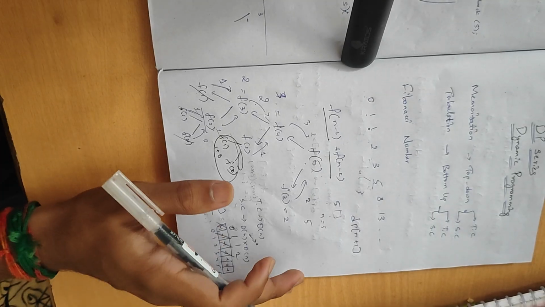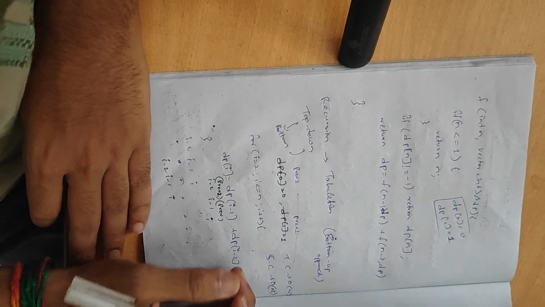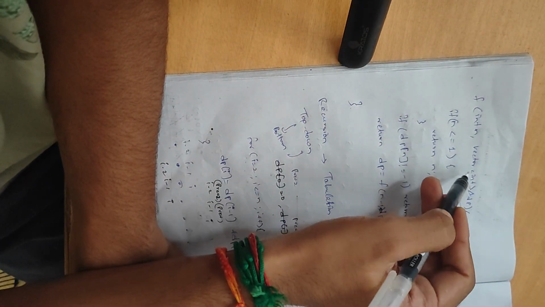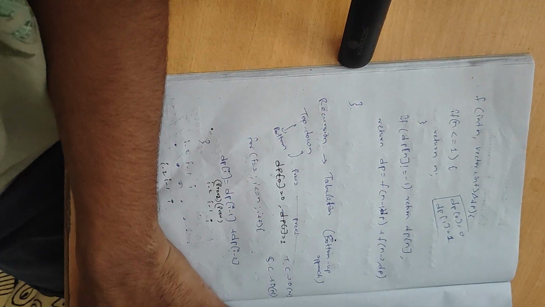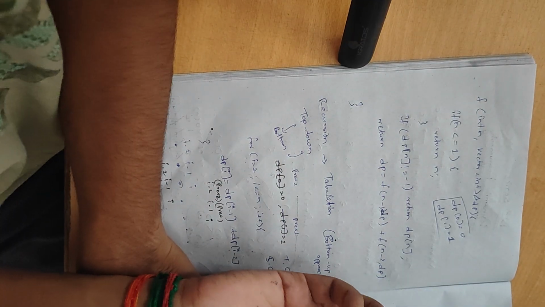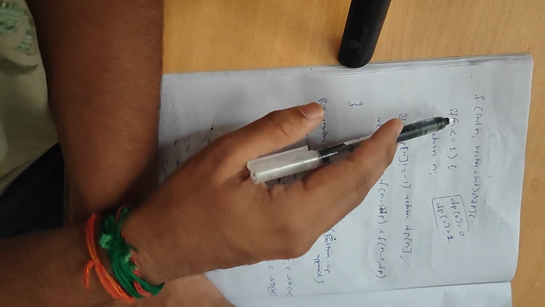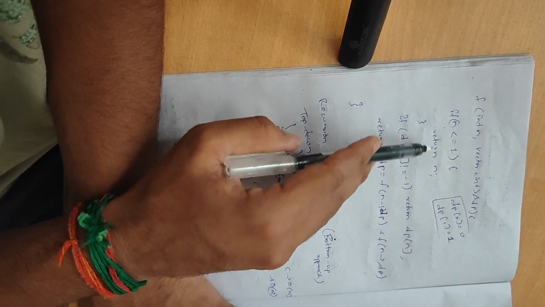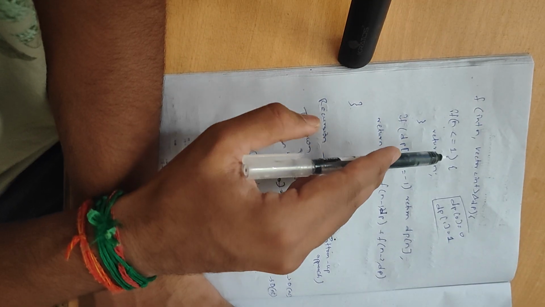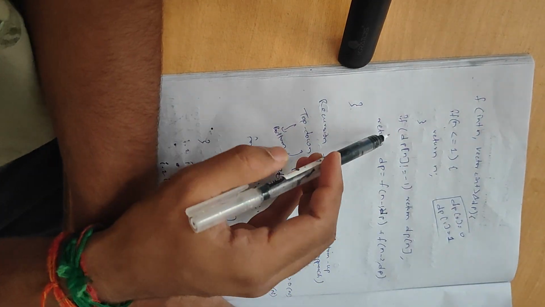And let's go to our code. To see the code, function int f, vector dp. I have taken the dp as a vector, and you can take it as an array also. And I have terminated my recursion when n is less than or equal to 1, return n. And you have to remember that